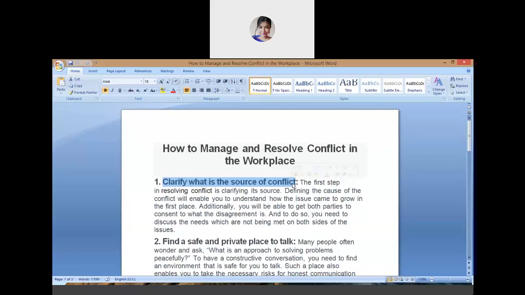If you are the manager or the team leader, it would be your responsibility to look after your team and the organization. So if there's a conflict which would eventually hamper the growth and development of the organization, you will have to figure out how to resolve the conflict. And the first step to resolve any conflict is to figure out what is the source of the conflict, what is the actual problem,